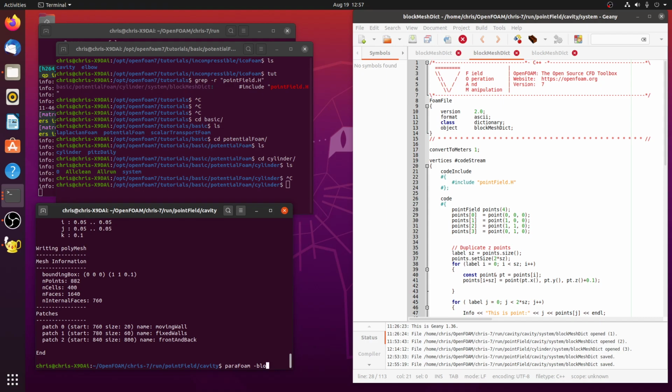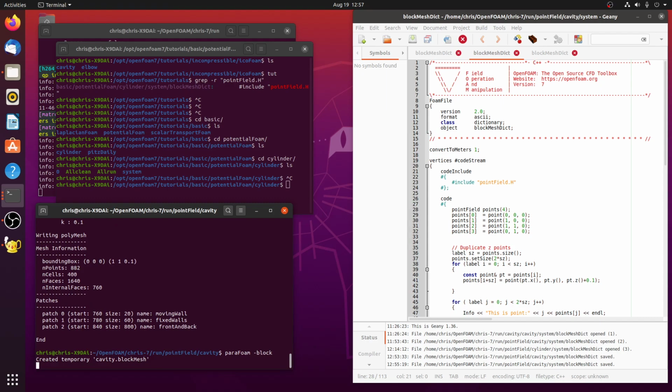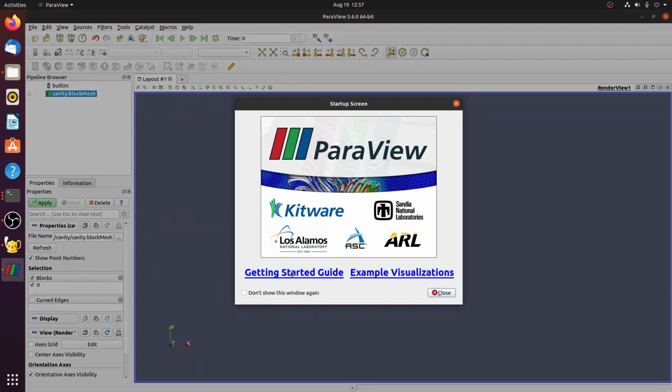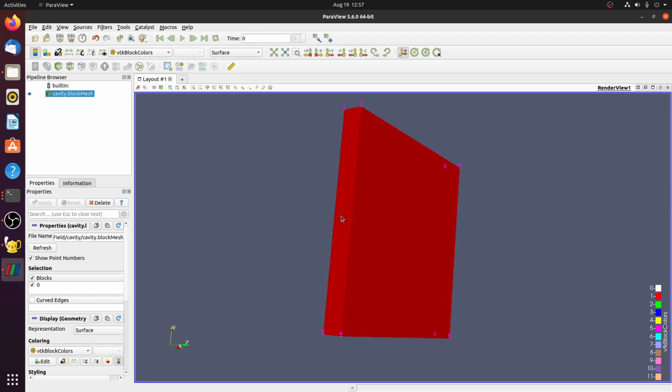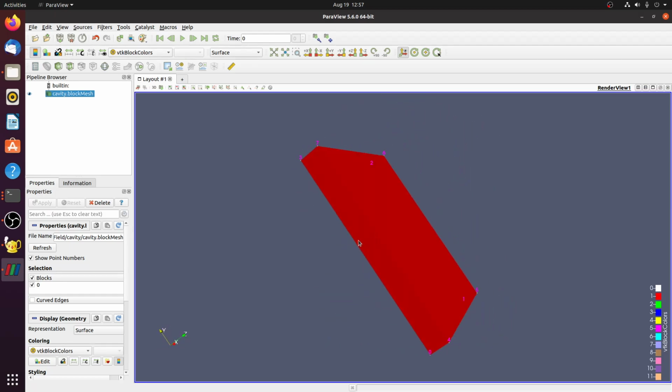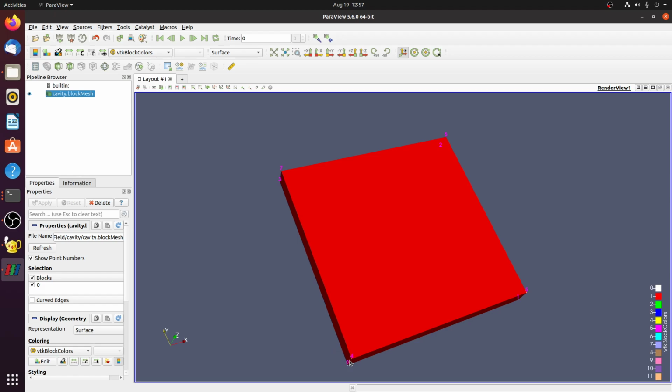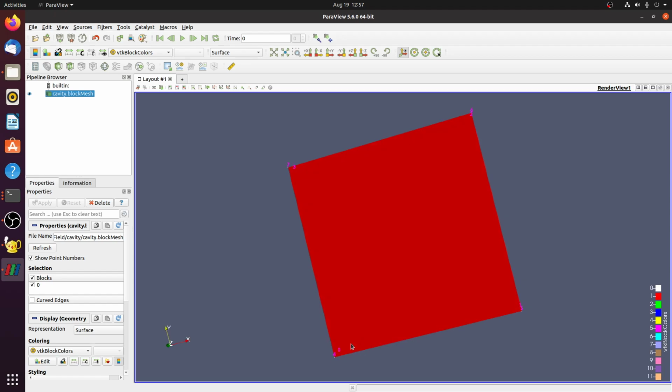Because it matched what they specified for faces and blocks, we get a block. Point 0 is here, and what point is this right here? Remember, 0 corresponded to when it's I plus SZ. SZ is 4, so when I is 0, it's going to be 4. So if we look at the block,